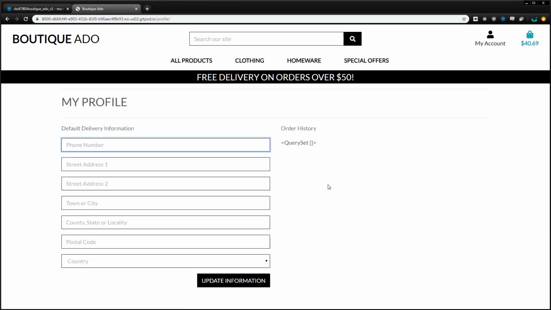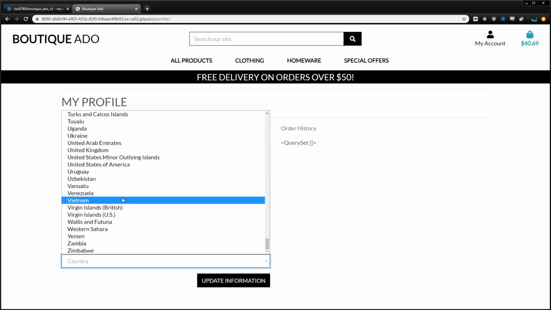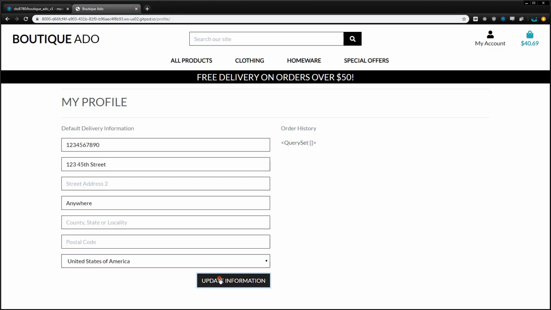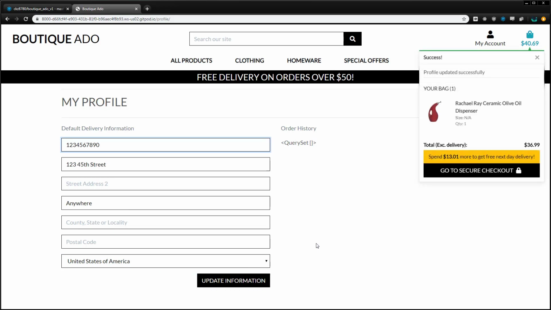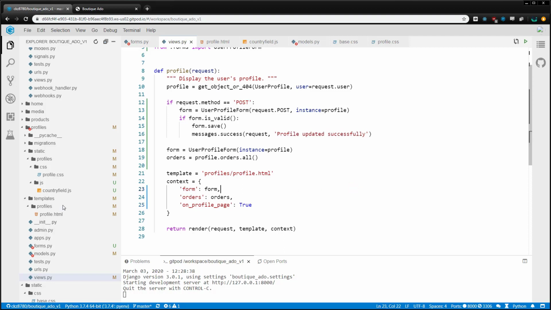Now I'll fill out some information in the profile in order to update it, and click Update Information. The post handler works fine, but when we get the success message, it has the bag information in it, which is a bit awkward since we haven't added anything to the bag here. So to fix it, I'm going to go to the profile view and add another context variable called onProfilePage, which is set to true. Then I can go to the success message template in the toasts folder